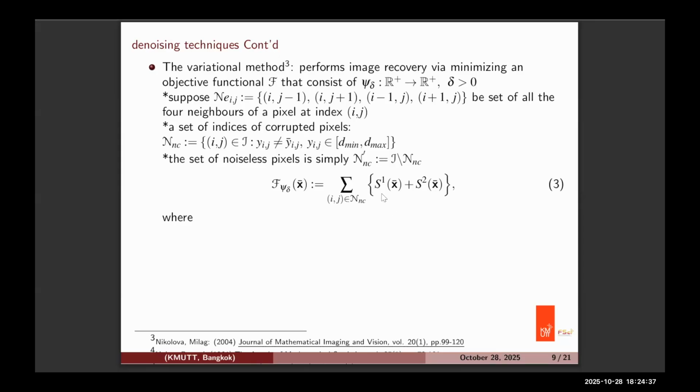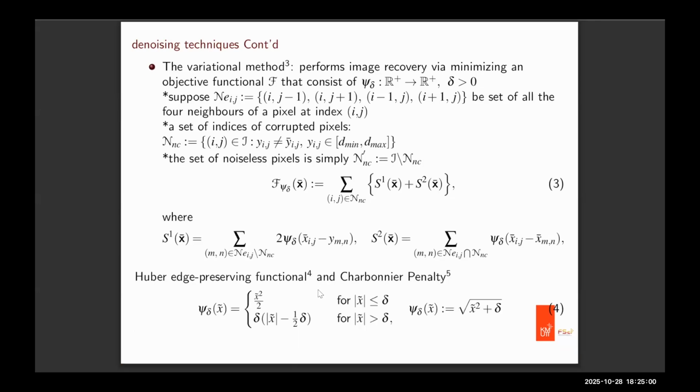We have the sum of S1 and S2, where S1 sums over the noiseless pixel values, since we are trying to take away the noisy points, and in the second term we sum over the noisy pixel values. This phi delta is called an edge-preserving functional. Some examples include the Huber loss function, which is defined as a piecewise function like this, or the Charbonnier penalty function, which is simply defined in this way. This is an approximation of the L1